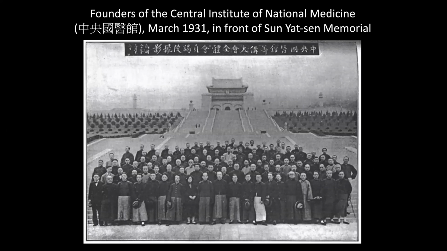Chinese medicine was not outlawed, as the traditional medicine in Japan was. And they managed to establish, in the end, the Zhongyang Guoyi Guan, the Central Institute of National Medicine. Now, they're not calling it Chinese medicine, they're nationalizing it, tying it to the idea of national essence, and establishing it in March 1931. If you know anything about Chinese history,